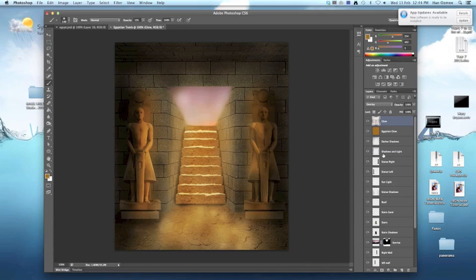Okay, let's change that to overlay, and also drop the opacity down because it's a bit strong at the moment. A little bit more. Okay. You adjust it until you feel you are happy with it. We're going to create another new layer, and we're going to name this layer